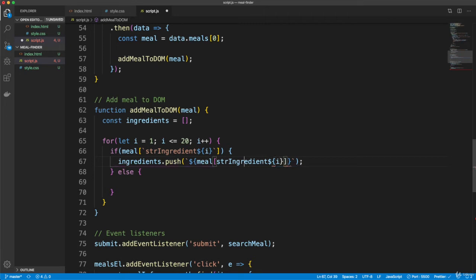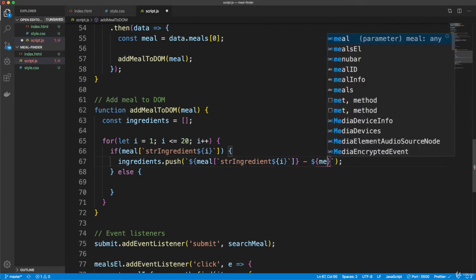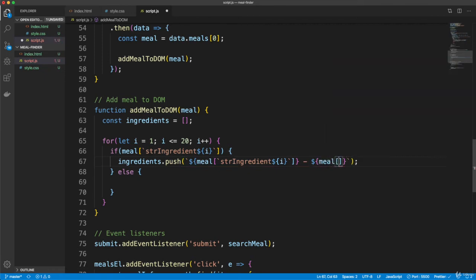Wait a minute, actually I'm sorry, this should be inside these brackets, we need backticks like this. Okay, now outside of this expression here, I'm just going to put a dash, and then we're going to do the same thing for the measurement. So it'll be meal brackets, and then our backticks in str measure, and then whatever the number, the current iteration. Okay, so string ingredient 1, we'll go with string measure 1, string ingredient 2, we'll go with string measure 2, and we'll have an array of